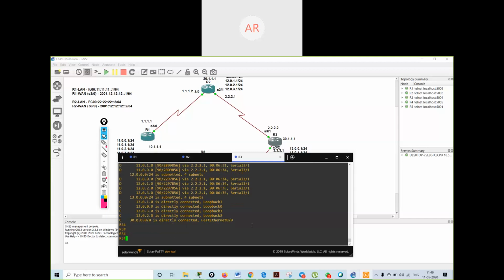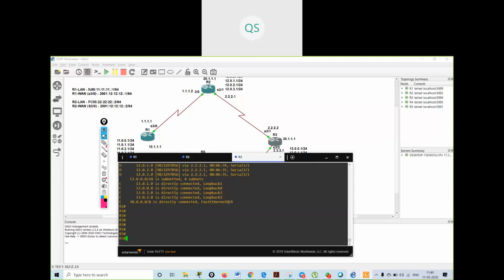Yes. So the command is used if you want to block all the other interfaces and you just want to give some specific routes. So you can use a command known as passive interface default. It will block all other things and it will just give you the specific routes.